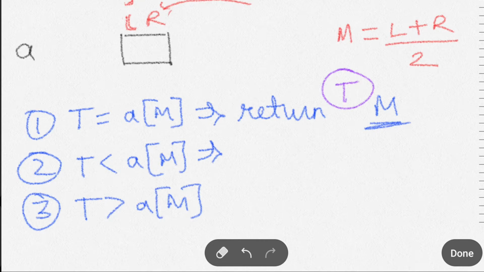Okay, then again we will perform all the three conditions, and we will keep on checking until we find the element or there is no element remaining in the array. Okay, so how we can shift our right pointer and the left pointer is